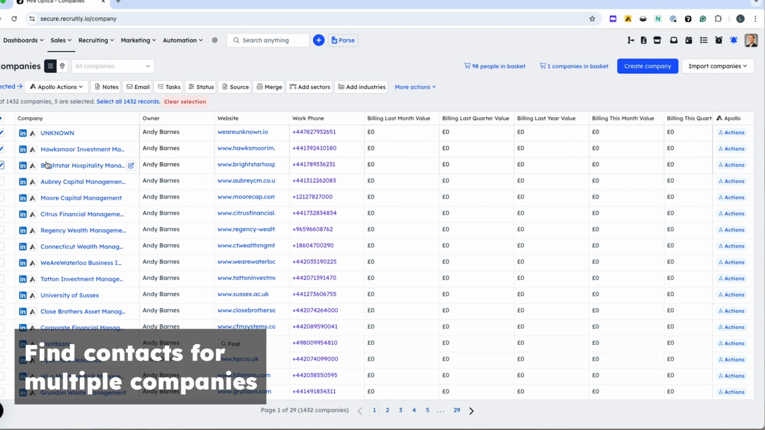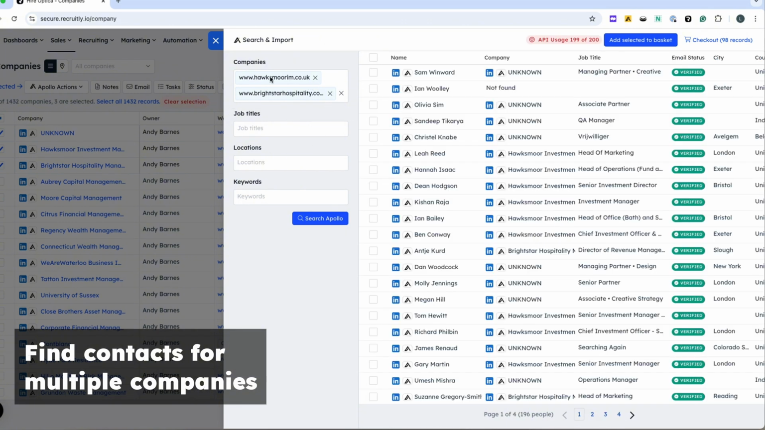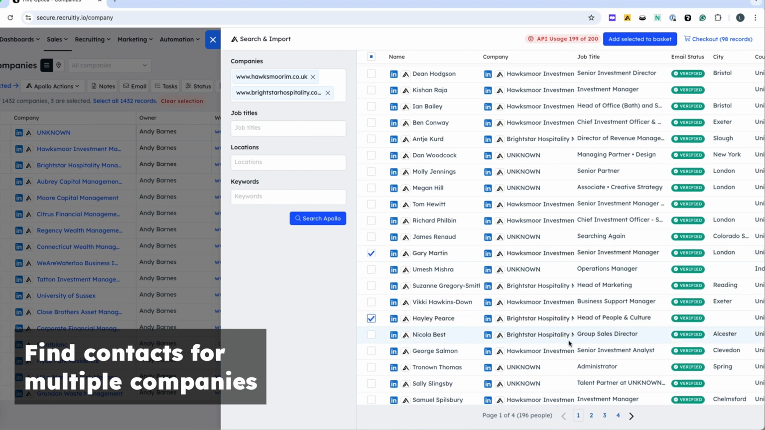From here, we go to our Apollo Actions button and select Find Contacts. This will pre-populate some of the search parameters. And again, we can now narrow this down. We may want to do this by job title, location, or keywords. And from here, we can go through, add those select people to your basket,